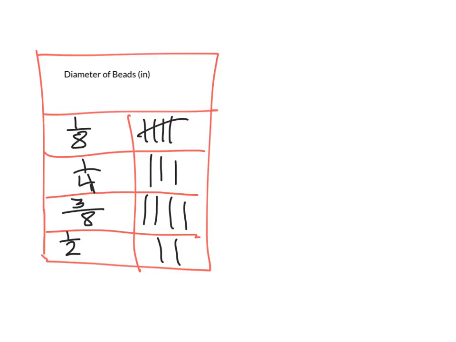Let's look at this table. This table, we are reading table, and it's telling us information that we are eventually going to plot. This one is the title. Okay, title is telling us what we're dealing with. It says diameter of beads in inches. So diameter means how wide, right? So here's 1/8 inch, 1/4 inch, 3/8 inches, and